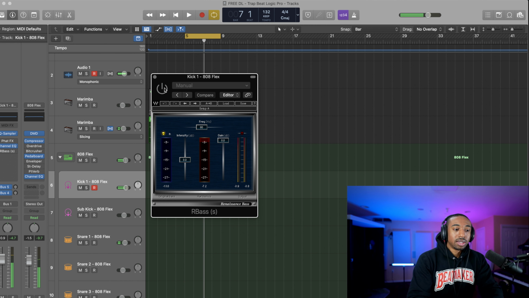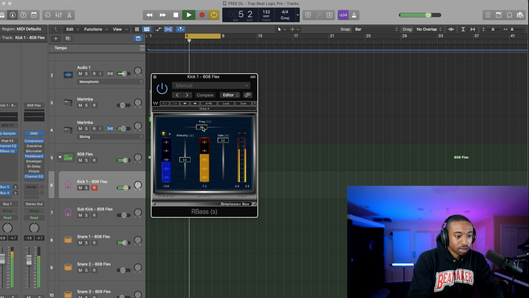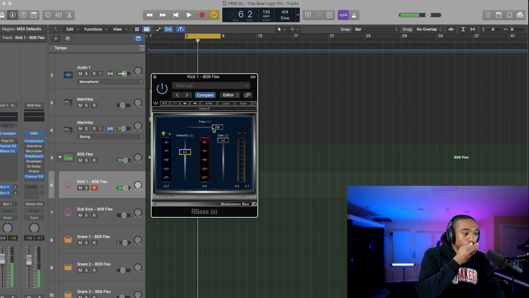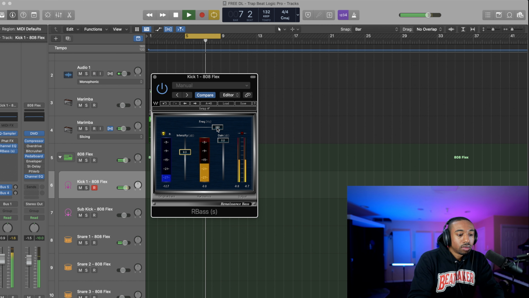I have to ask, what is the kick lacking? So it has a lot of punch. We don't really need much. Let's start at 250, just so you can get used to the tone of this plugin. I'm gonna exaggerate. Hear it adding that woo, woo. Slowly pull this down. Then you get that boxy tone.